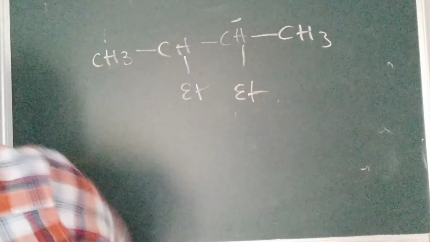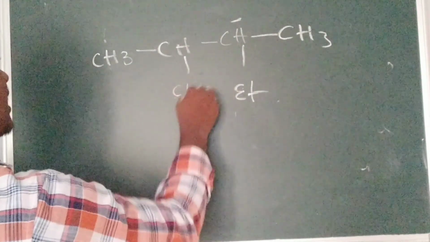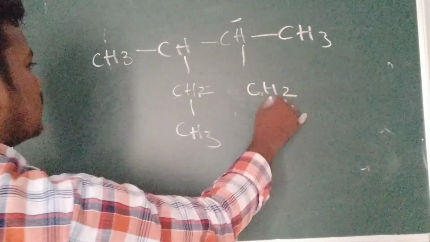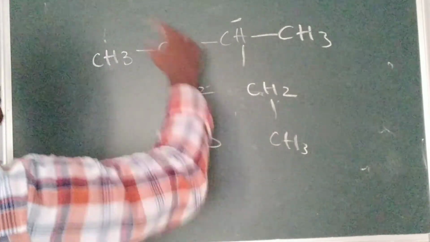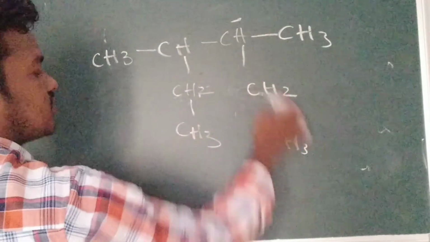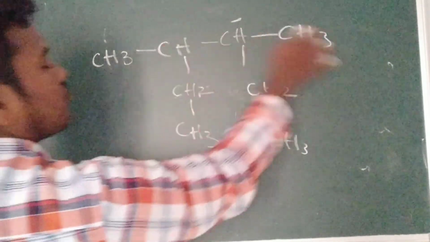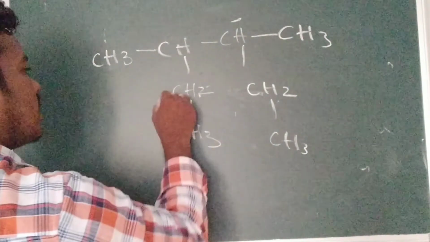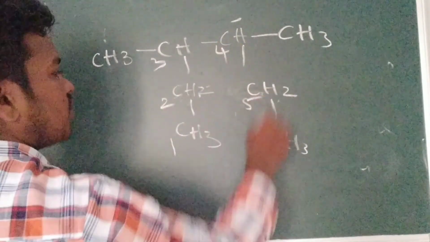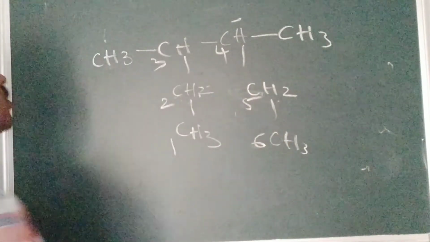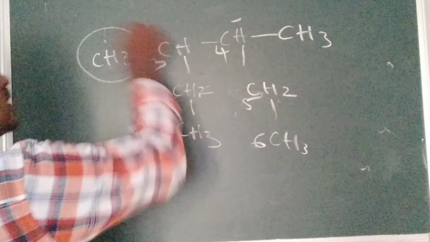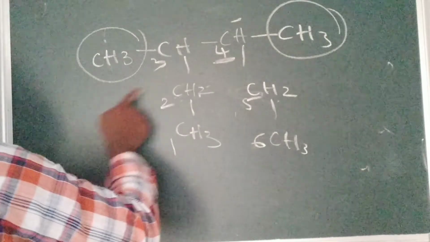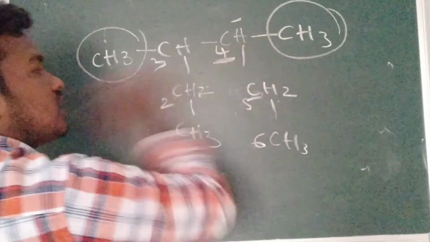So now you can see CH2, CH3. Here it is CH2. Here it is CH3. See, the structure: 1, 2, 3, 4, 5, 6. In this order, we give numbers 1, 2, 3, 4, 5, 6 to the carbons. Before, it was only 4 carbons. On the third position, one methyl group is present. On the fourth position, one methyl group is present. The third carbon is attached to one methyl group, and this methyl group is attached to the fourth carbon.